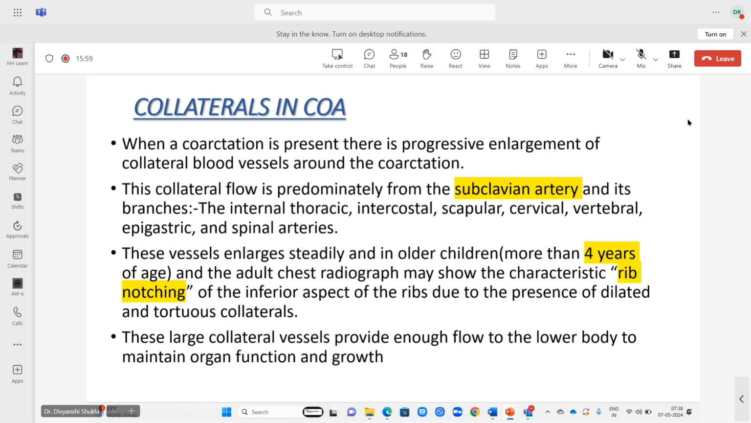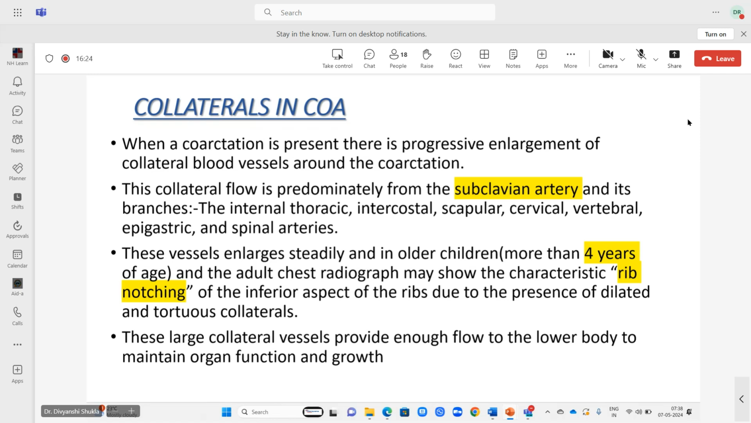The collaterals in coarctation of aorta. When a coarctation is present, there is a progressive enlargement of collateral blood vessels around the coarctation. This collateral flow is predominantly from the subclavian artery and its branches: the internal thoracic, intercostal, scapular, cervical, vertebral, epigastric, and spinal arteries. These vessels enlarge steadily, and in older children, more than 4 years of age, and the adult,